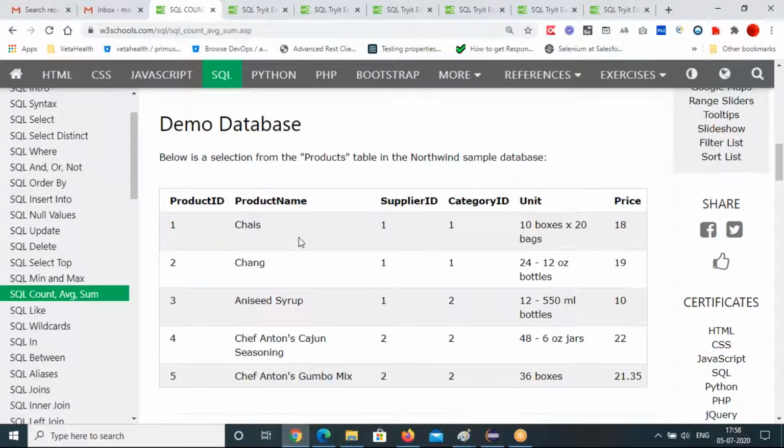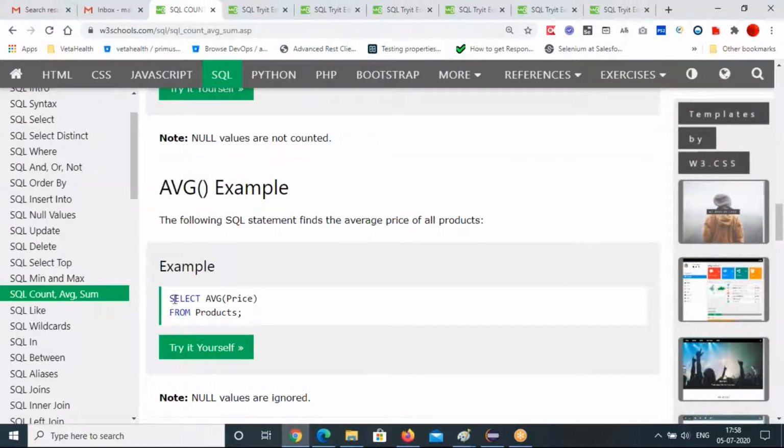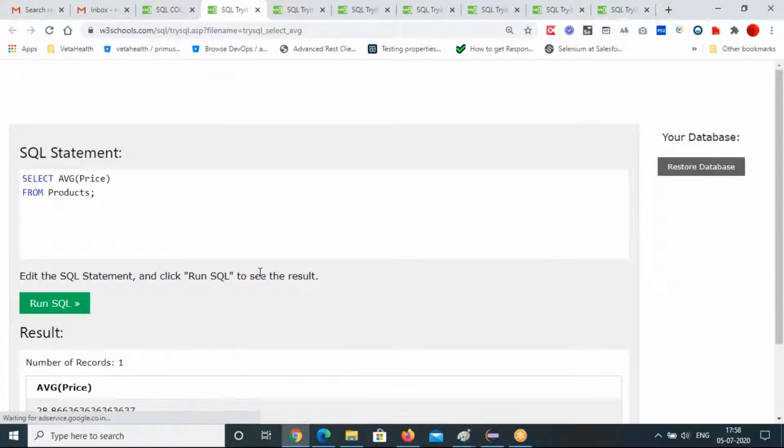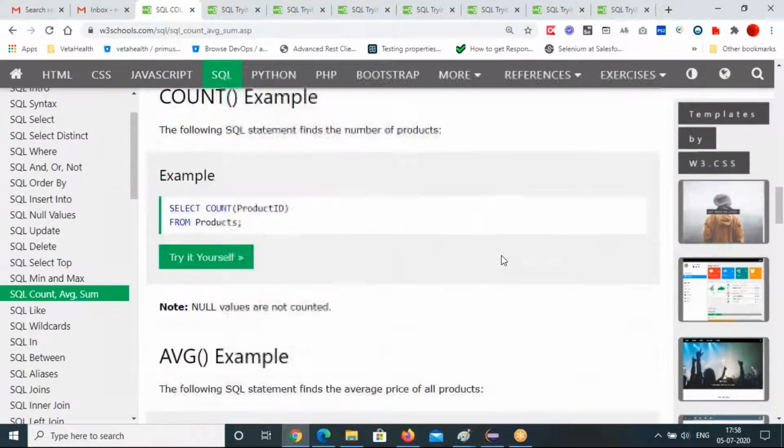So let's execute average. Average means select average price from products. 28 point something average price. So we have to find the average of all this price.